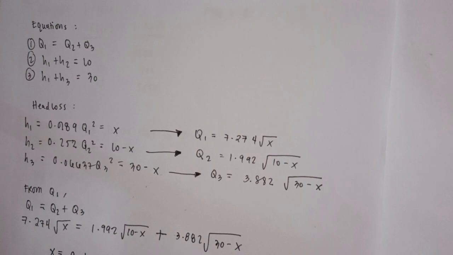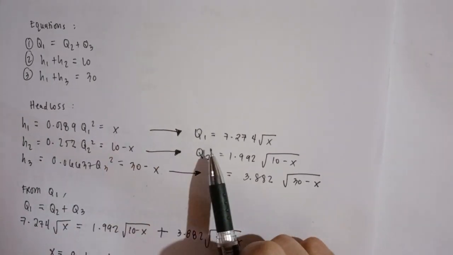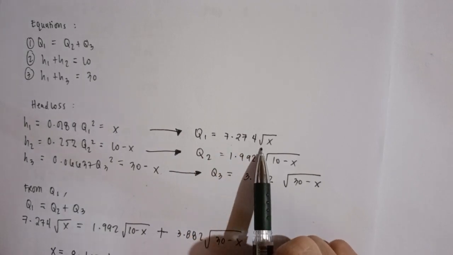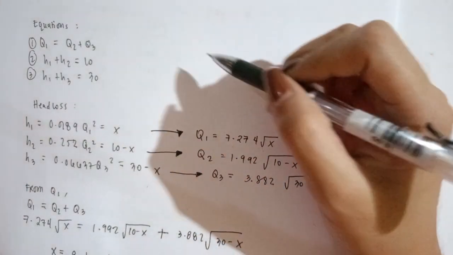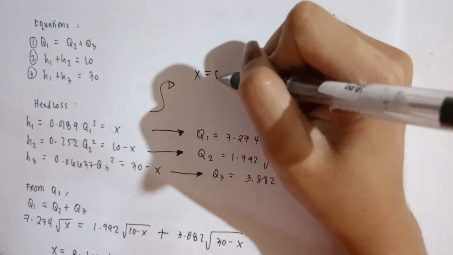So we let H1 is equal to X. So it's going to be Q1 is equal to 7.274 times the square root of X. So it is just going to be like this one. So X is equal to